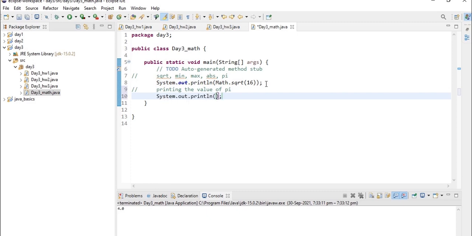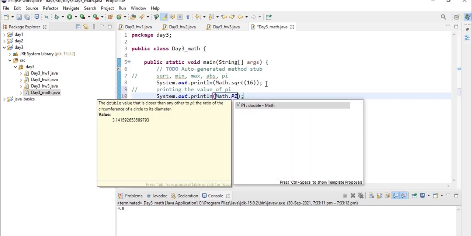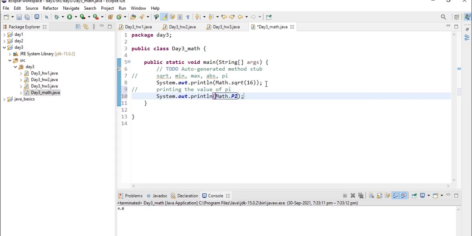That is System.out.println and Math with capital M dot PI, with both P and I uppercase letters, and let's execute this. So first the square root of 16 is 4, and Math.PI, that is 3.14, is being printed.